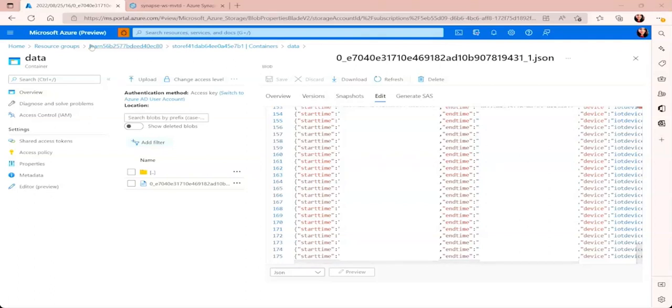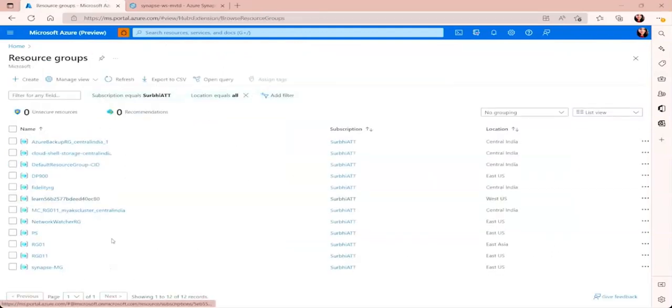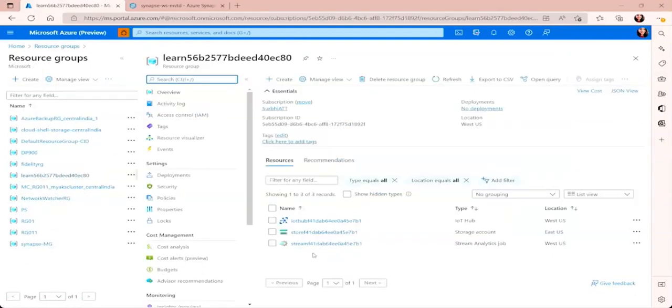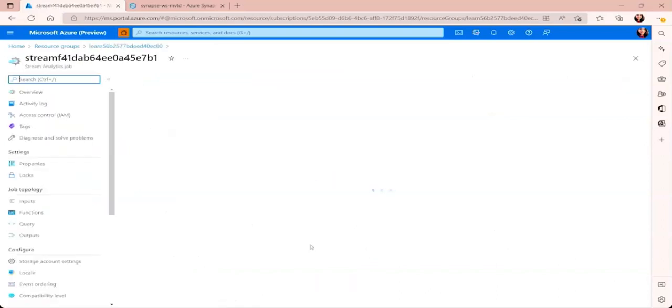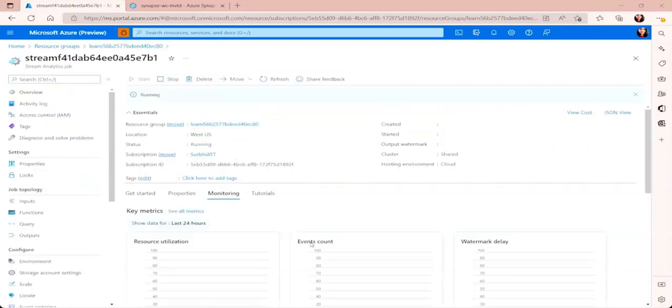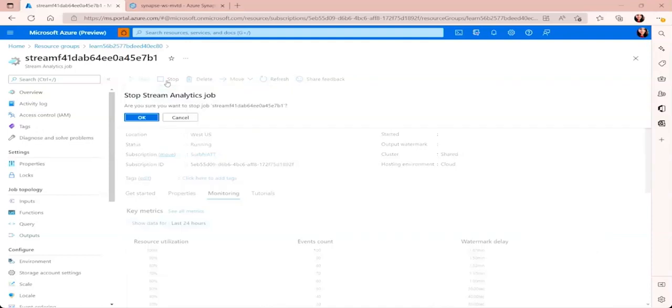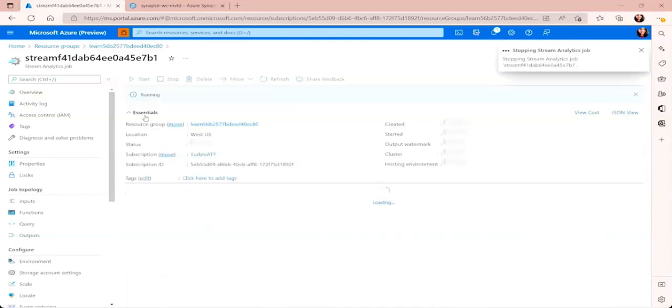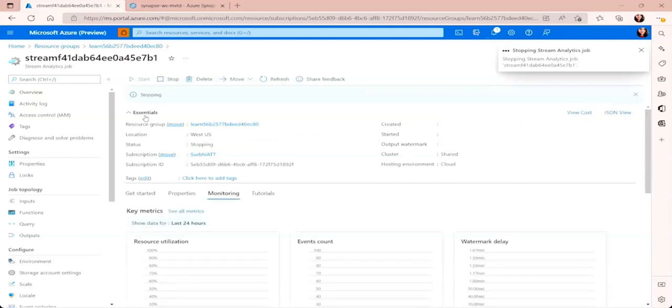Let's go back to our resource groups. So we move back to our resource group and let's just look at the Stream Analytics job that's running. And we'll stop it. Just as you stop it, the data getting ingested in the storage account will stop. And that is a very basic demonstration, a very basic example of how to provide input to a Stream Analytics job and how to send the